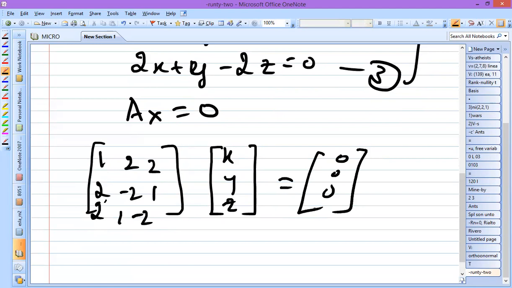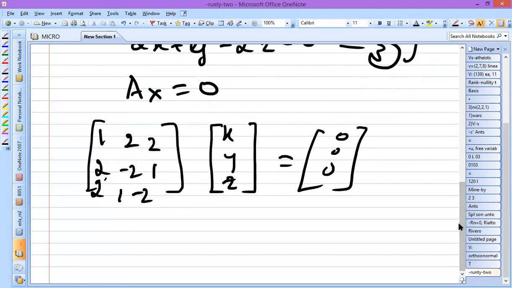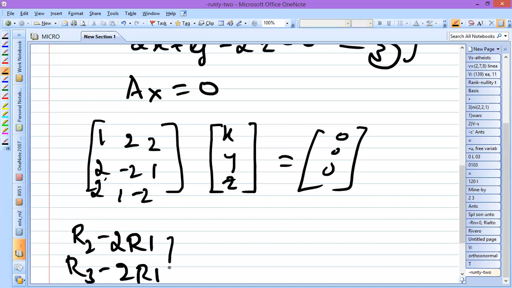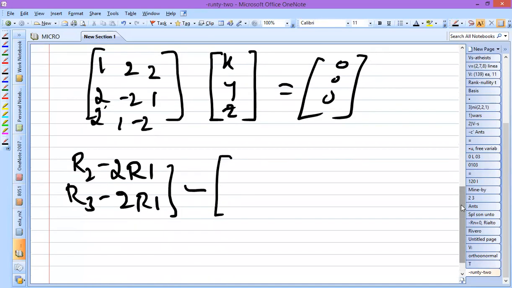So now we are going to apply some row reduction, the elementary transformation function. We'll apply that function in order to check whether any one of the rows is going to result in 0 or not, because excluding the zero row vectors, we are going to identify the rank of a matrix, right? So let us assume R2 minus 2R1 and R3 minus 2R1. So it results in what? Do not write x, y, z again. Only for the matrix A, apply the transformation and see what elements you get.